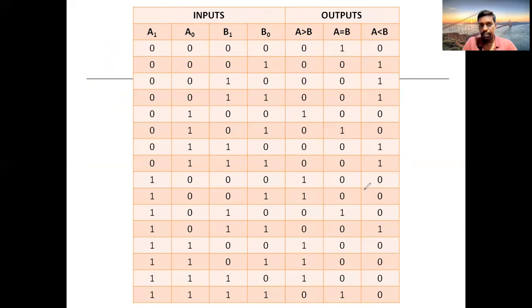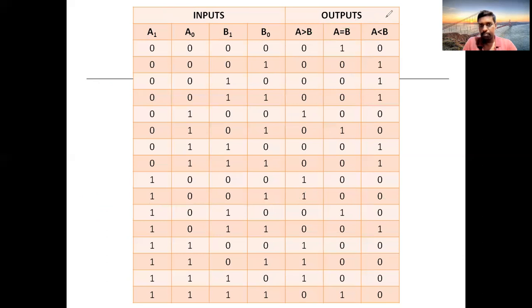Okay, clear? For example, if you are doing this one, see, these two under A and these two under B. 1, 0 means 2 is the answer. 0, 1 means 1 is the answer. Always 2 is greater than 1. So A is greater than B. This is A, this is B. So A is greater than B. So I kept 1 under the column of A greater than B, and the remaining 2 are 0. Okay, like that you need to fill up these 3 columns, and please verify that.